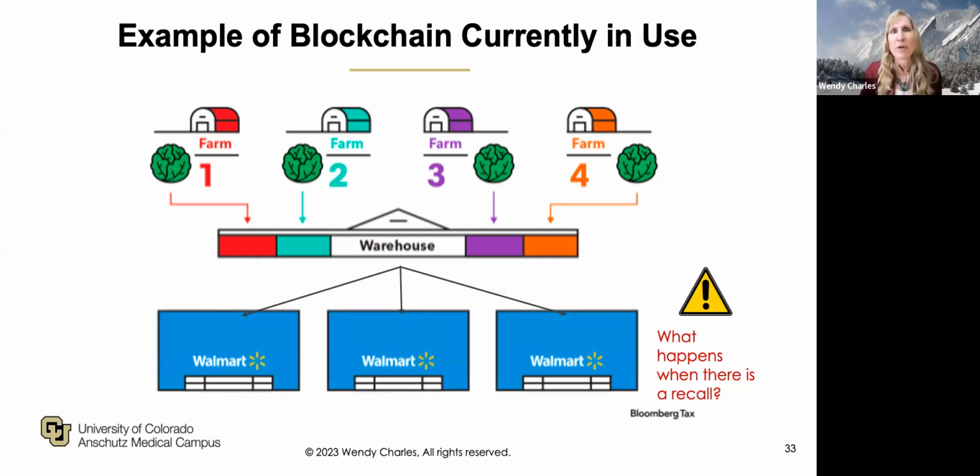And if you're like me, you remember how many times lettuce has been recalled, and then you go to a restaurant and then there's no lettuce, and you go to the grocery store and there's no lettuce. It's because there's a recall. And the big challenge is when lettuce is picked on a farm, it's all mixed up on the truck, and it goes to the distribution warehouse where it's all mixed up again, and then it gets mixed up on trucks again, and then it goes to Walmart store, and then nobody has any idea exactly where the produce came from. And on average, it takes a public health official 6 days to be able to trace the source of contamination to any particular farm.